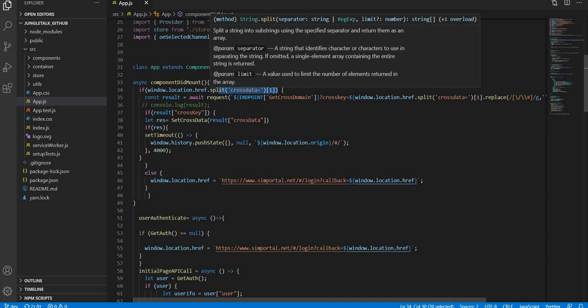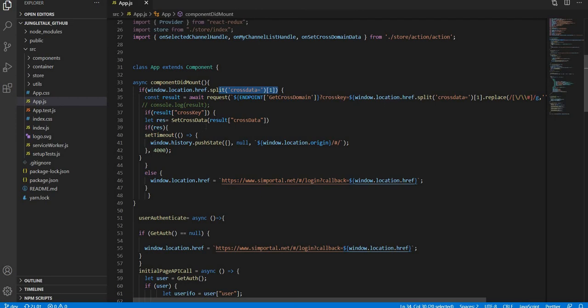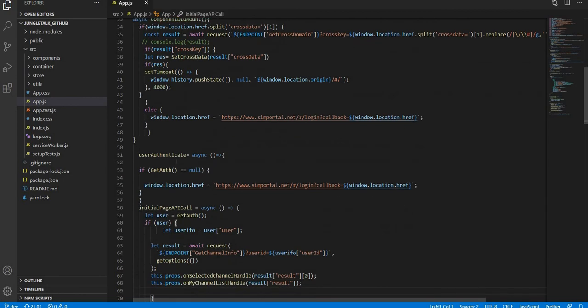Once it's successfully authenticated and pushed back here, it will be checked and stored through the set cross data call. Below that, in user authenticate, it will first cross-check whether the user is already logged in or not. If not, only then will it be pushed for login.